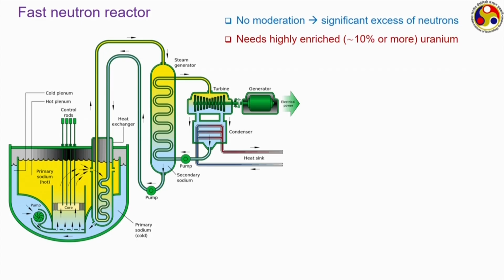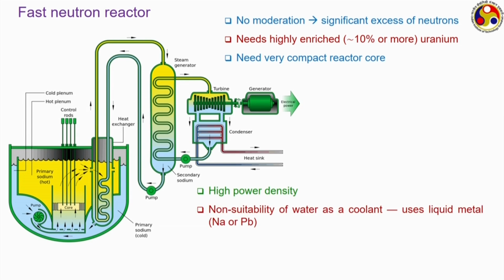They also require very highly enriched fuel in the range of 10% or even more. Because of such high neutron excess, we generally need to have a very compact reactor core, resulting in high power density. But one big problem for them: water is not suitable as a coolant because of two reasons. Common water has a little bit of capture cross section, so it can reduce the neutron density. And also, because of such a large number of neutrons, and the fast neutron lifetime, or prompt neutron lifetime, being quite small,